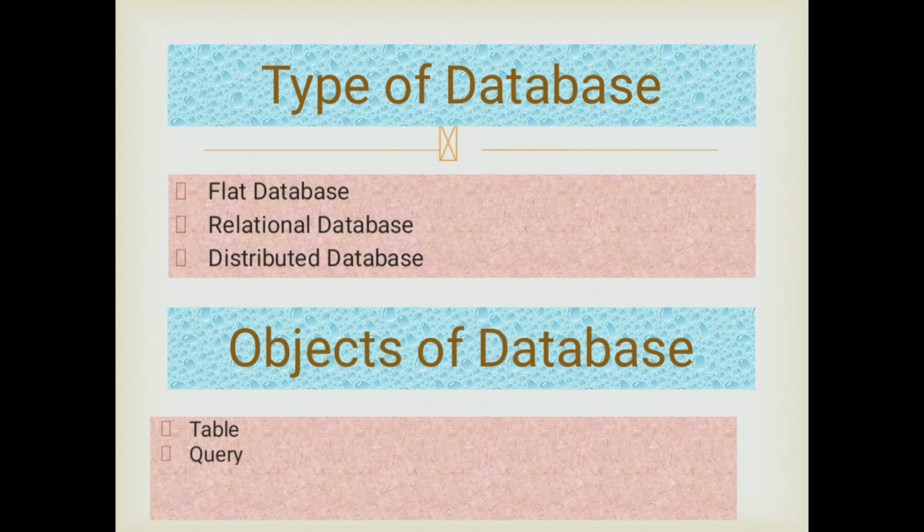Next object is query. A query is used to extract information from a database. The output of a query is a record or a group of records that fulfill a certain condition. Next object is form. A form resembles the fill-in-the-blank sheet that you fill completely by hand, such as a job application. Hence, a form is a way to enter data into the database. Microsoft Access links a form to a table and hence stores the information that you entered in the form into the table. And the last object is report.